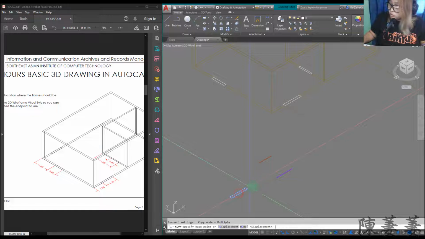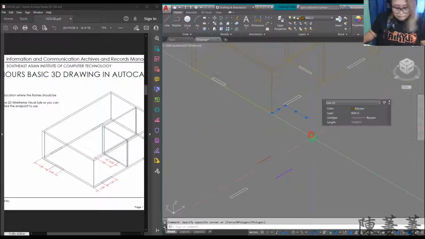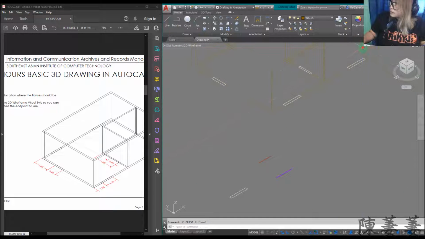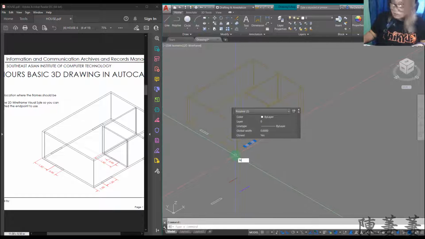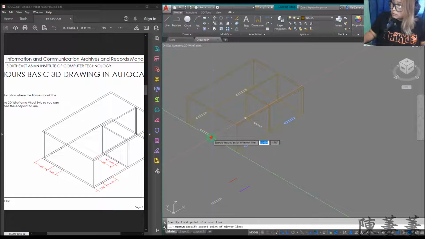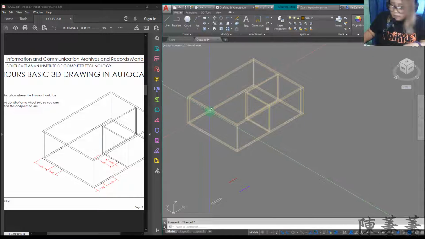Put the other one here. Okay. Now we're going to mirror this on the other side. Now that is set,